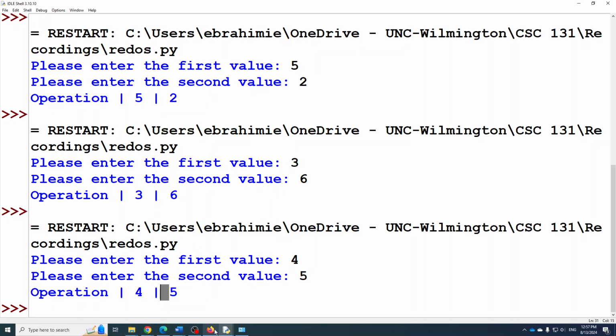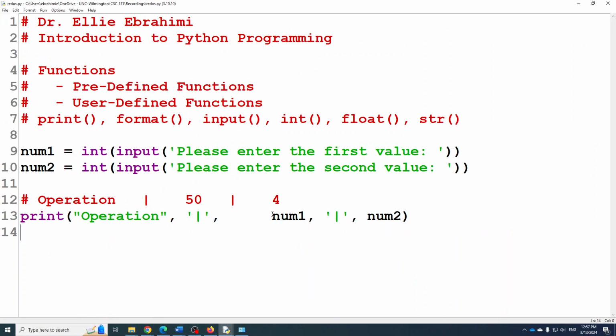The reason I do put a space after comma is just my style. I usually want to see a space between my value and kind of separate them from each other for sake of visibility, right? It's up to you. Some people don't like to put in spaces between the values that they have. I like